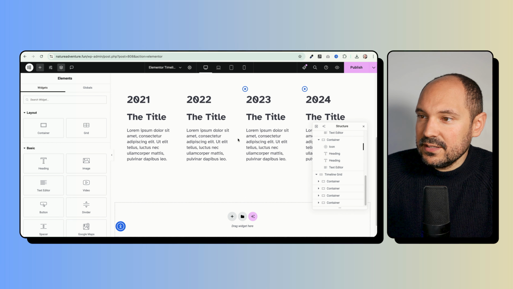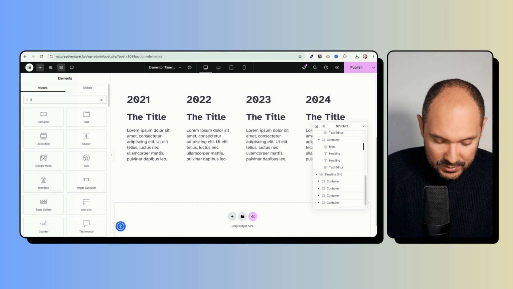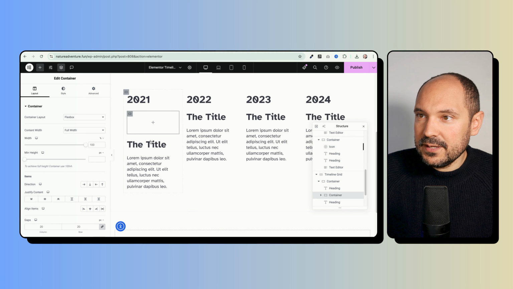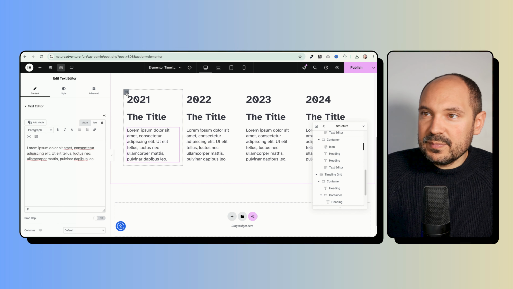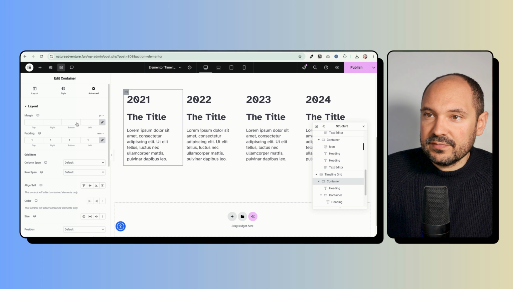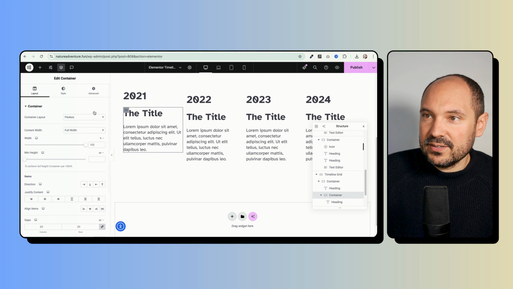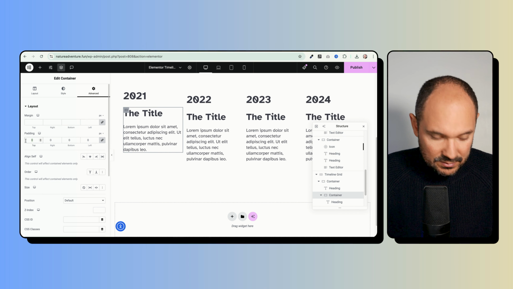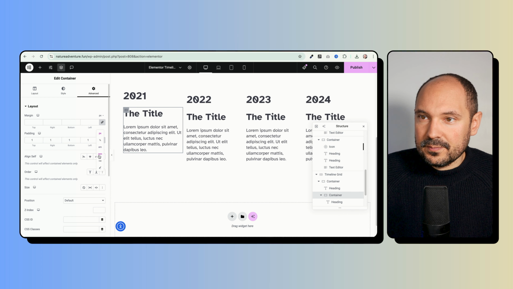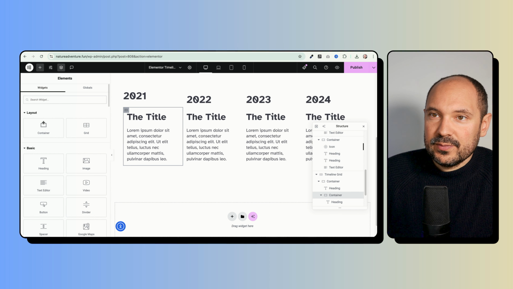Delete, delete, delete, okay. What I will do now is to add another container here, which will be responsible for the text. Perfect, 1 and 2. I will remove the padding here for my external container. So I will go to the advanced tab and I will place it to 0. Okay. I will add some padding to this container instead. Okay, padding, sorry, I will keep it linked. I will make it 1 rem. Okay, and I will do the same here up. Okay, container,